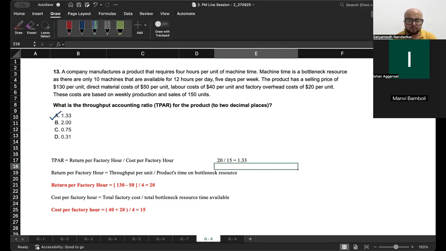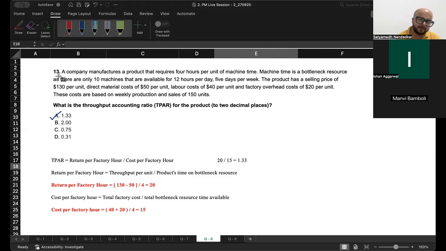सर, फैक्ट्री कॉस्ट में दोनों लेंगे, फैक्ट्री से रिलेटेड डायरेक्ट और इनडायरेक्ट? जी, करेक्ट, दोनों लेंगे। ठीक है, चलो।